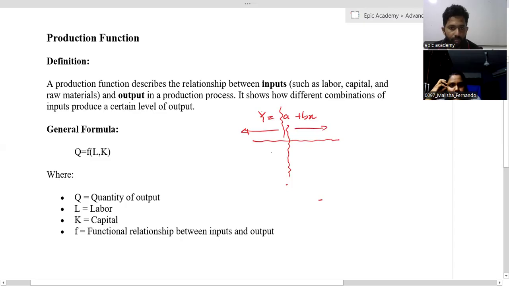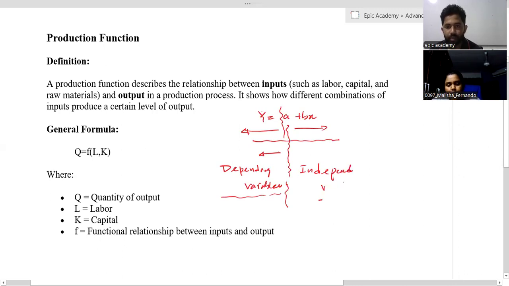Okay. So this part, on the left side, we call it the dependent variable. What is the dependent variable? This part we call the dependent variable. This part must be the independent variable. Yes. According to the change in x, the value of y can be changed. Yes. So now in here, the production function also